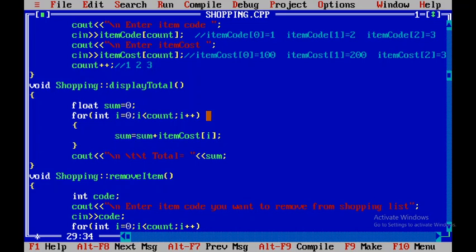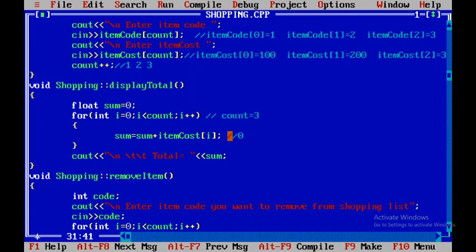Again, our count was 3. So for i equals 0, i less than 3, this for loop will execute. Initially sum is 0. So it will be 0 plus atom cost of 0.